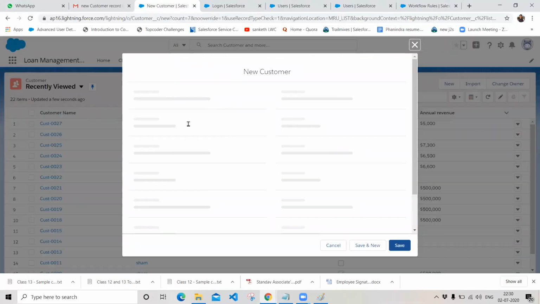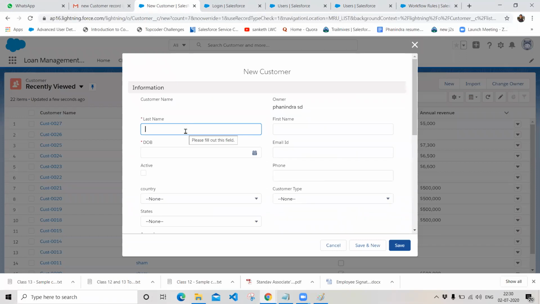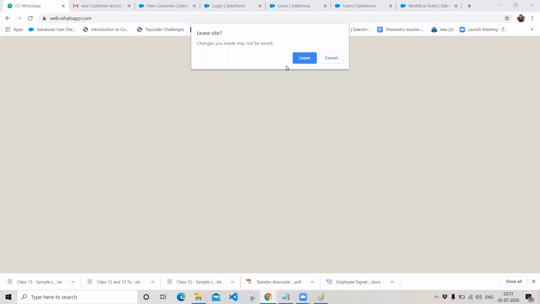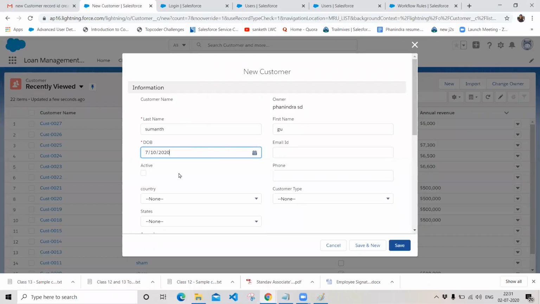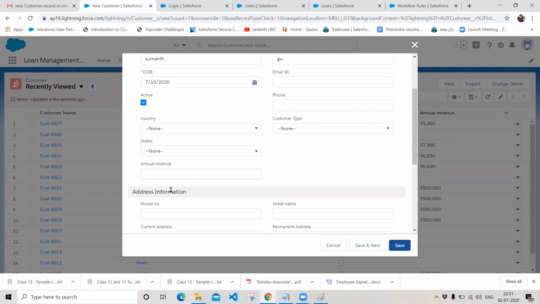Since I want to create a record, define the first name of your customer, and choose the date of birth, anything of your choice, and make it as active, and choose your annual revenue as 6,000, which is greater than 5,000, right?